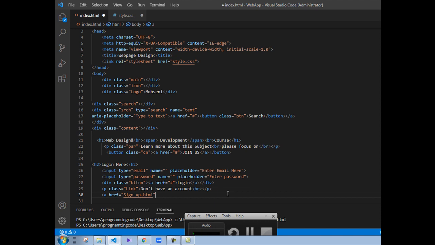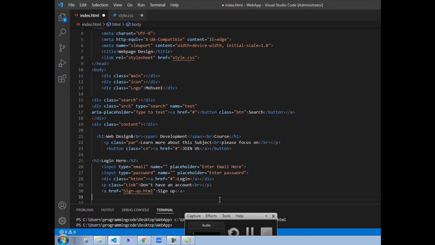We can write down its URL inside here and close the tag. Write for example sign up,